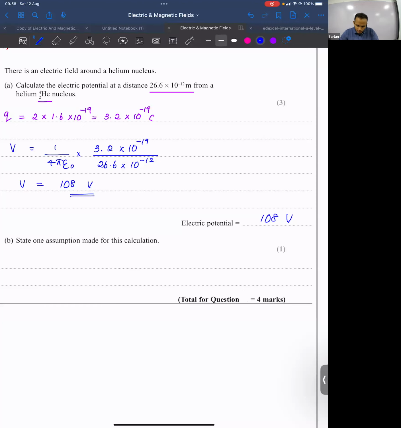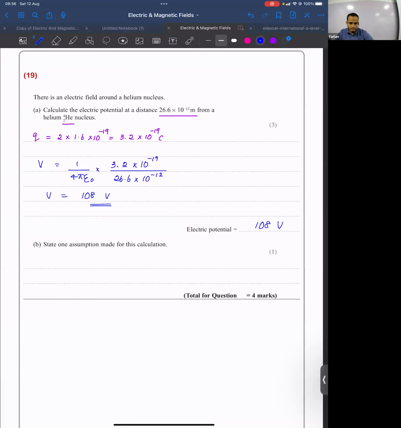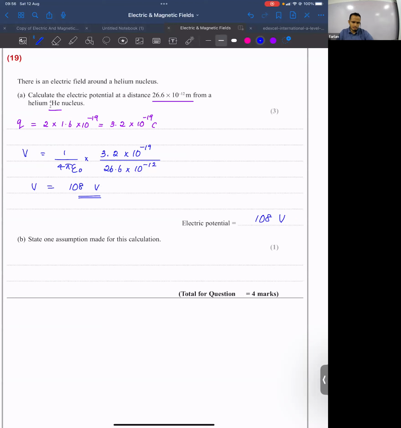Step 1, assumption made for this calculation. What is the assumption that we have made? Yeah, there are no other charges around it. Correct, that is one assumption. Or another assumption, we can say guys, this